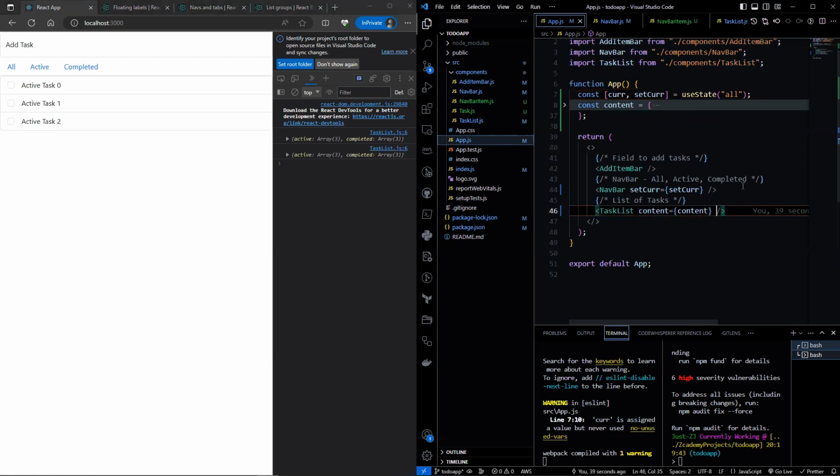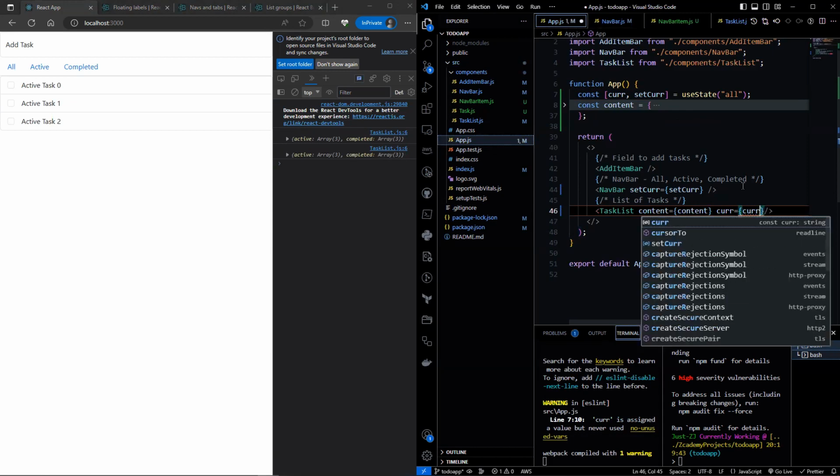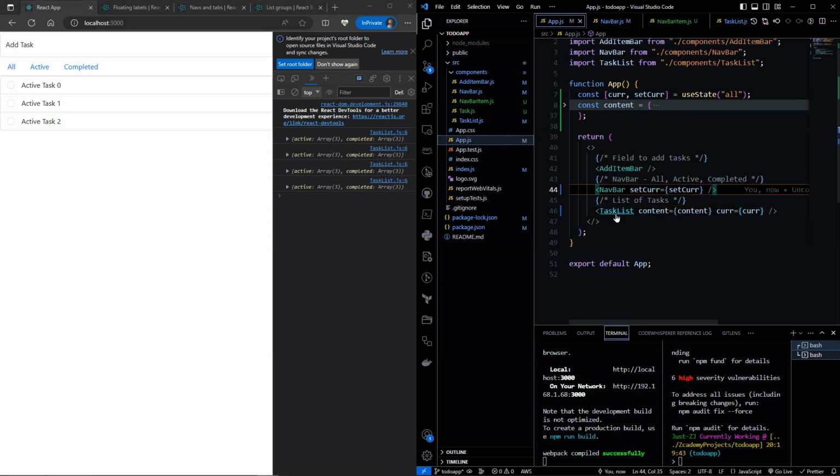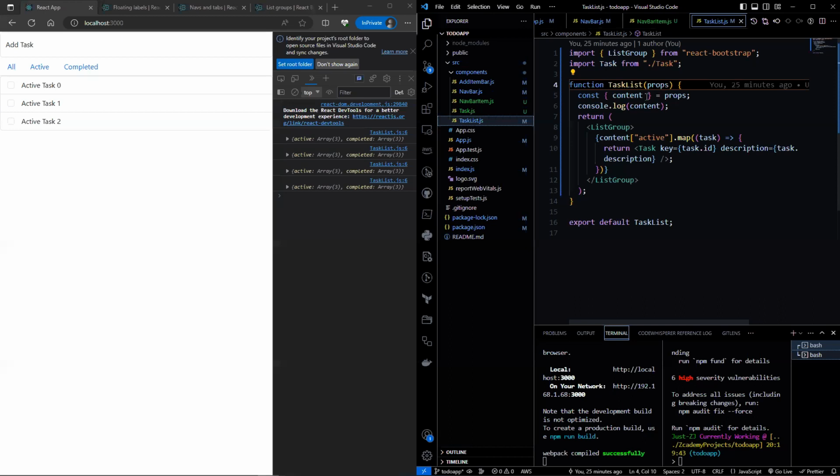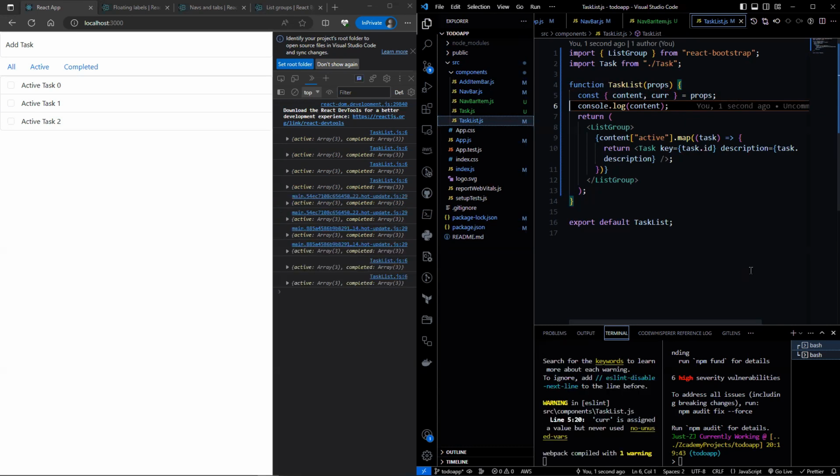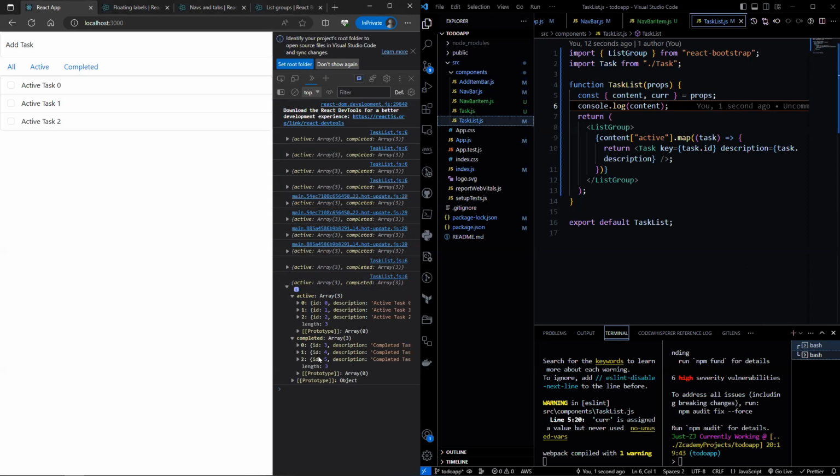Now, we will need to pass current in as a prop so that task list would be able to access the value of it. Let's destructure it again here. Now, we will need a way to get the correct array from content.